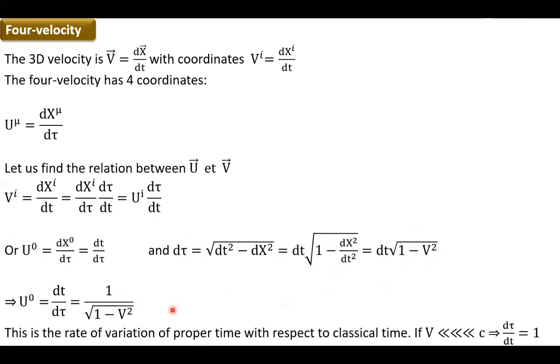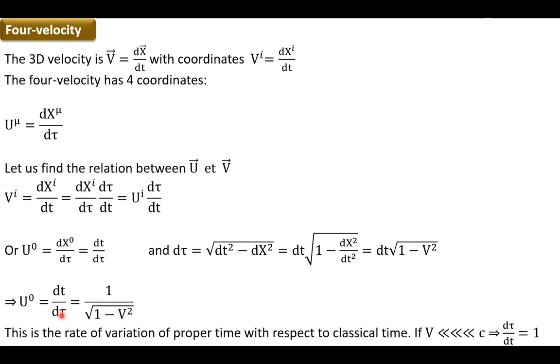So you find your old quantity gamma, which is u0. So the time coordinate of the 4 velocity is just gamma, which is equal to dt over d tau, which means this is the rate of variation of proper time with respect to classical time. So dt over d tau is the variation of time t with respect to the variation